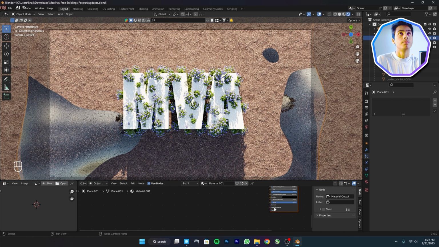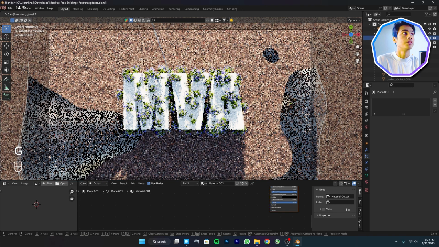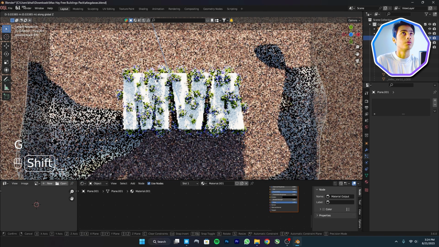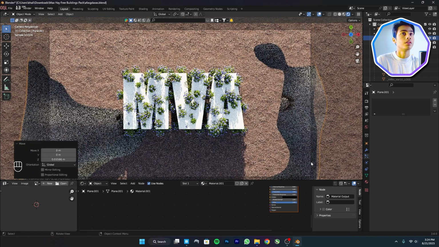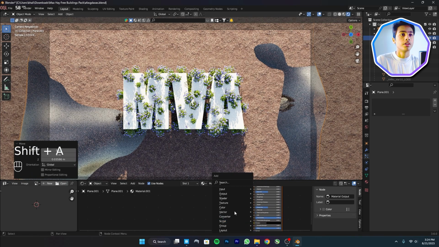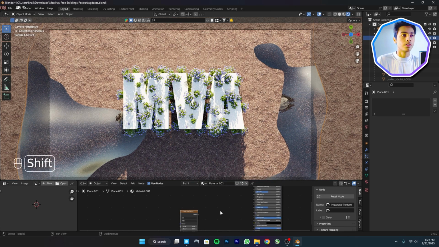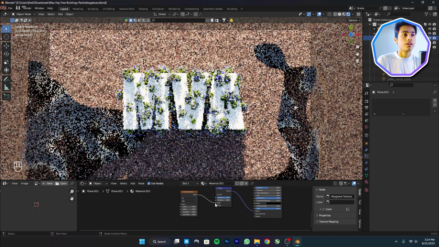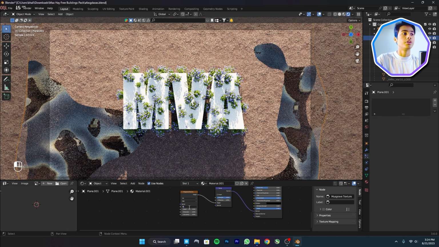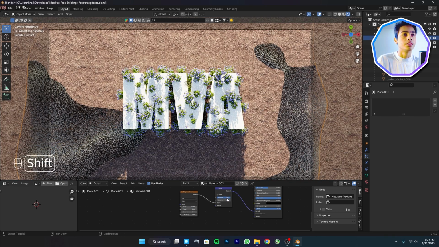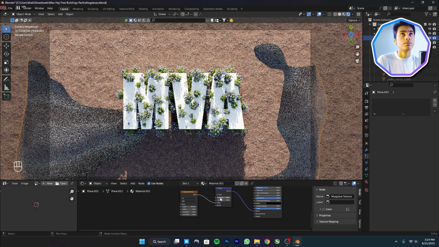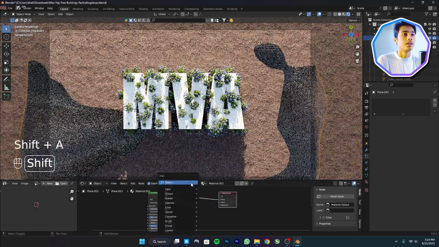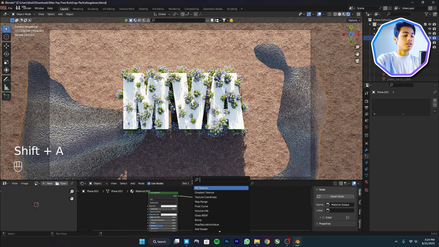Click on that plane, move it a little bit, maybe over there, just like that. Now I'm gonna add a Musgrave texture, add a bump node, plug this normal into normal, increase the scale to maybe 300 and decrease the strength maybe over there, and I'm gonna add a volume,